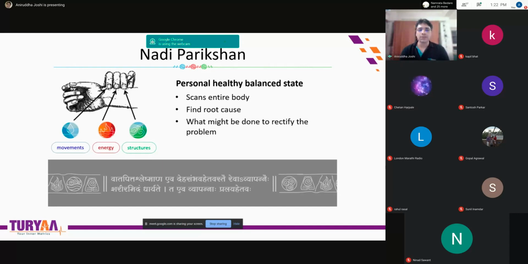So Vata essentially talks about all types of movements, whether it's a movement of hand, movement of blood, movement of respiration, movement of thoughts, and so on. The second finger, Pitta, talks about energies, so metabolism, your food to energy conversion, and so on. Most importantly, I think Tejaswini ma'am yesterday covered the Agni part. And the Kapha finger talks about structures. So when we say structures, it's bone structure, lubrication, skin, your storage of thoughts, and so on. So various things. It's a combination of Vata, Pitta, Kapha.